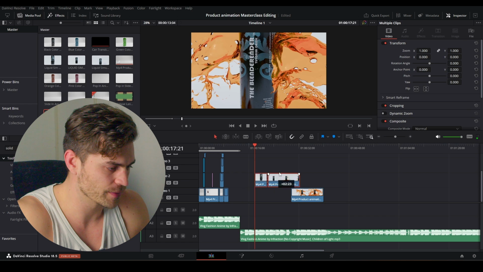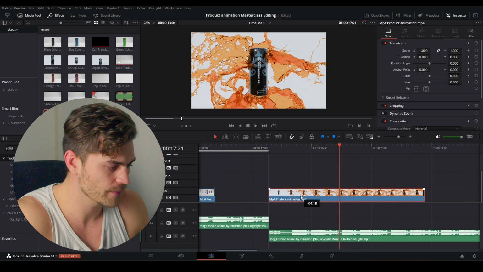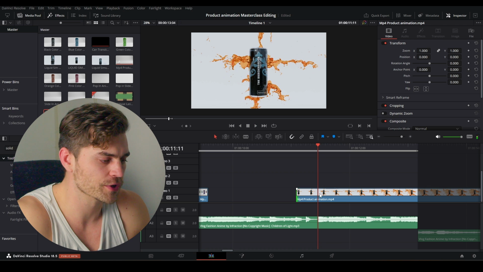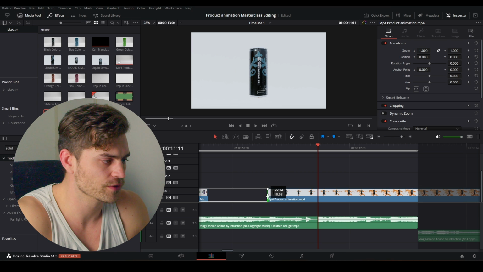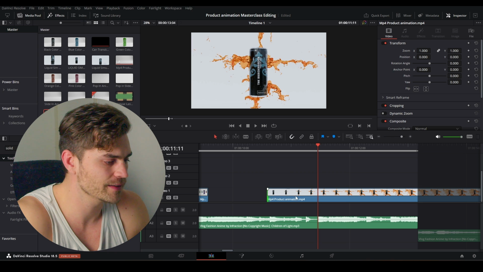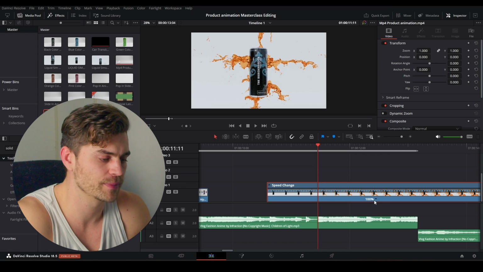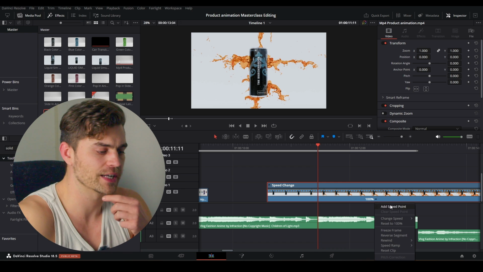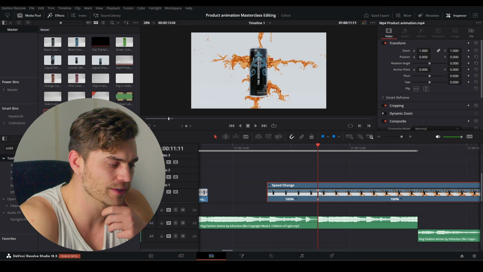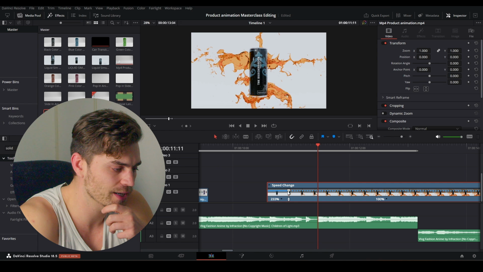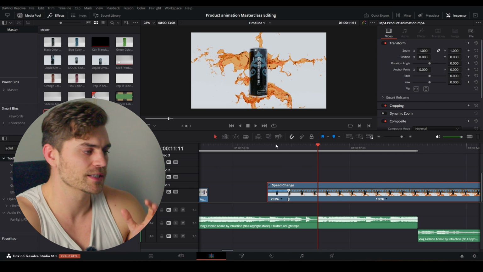But I'm going to do the last part first. And on this beat, we want the slow motion to happen. So basically what's going on, maybe we can drag this out until it is entirely white. And then Control R, and this will bring up your speed ramping controls. So right over here you can add a speed point, and now you've got these little handles that you can manipulate, and you will see the percentage of the speed change. So I'm going to change this to around 233, 260, something like that.